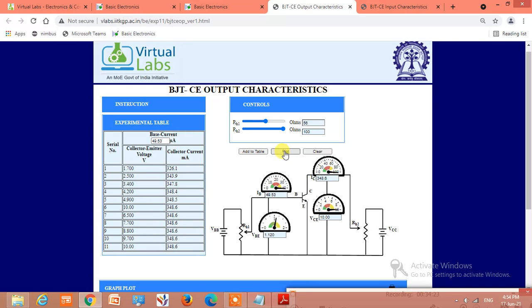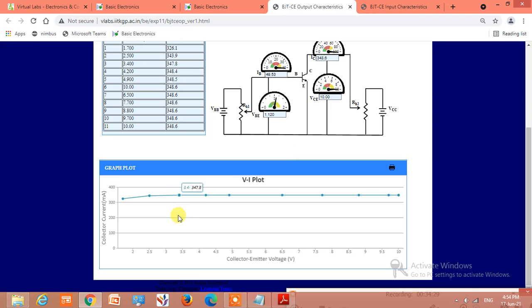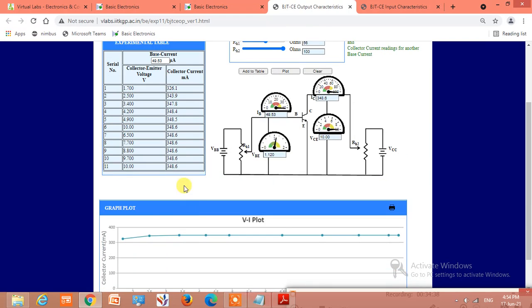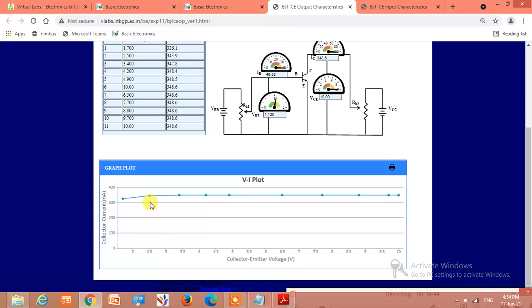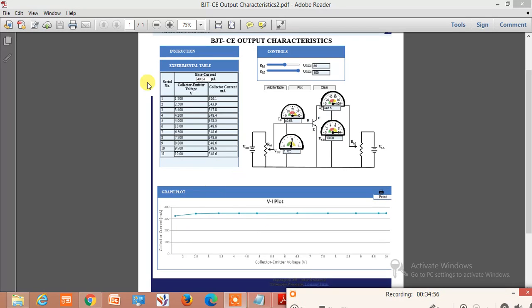अब हमें ये प्लॉट बटन पे क्लिक करना है. प्लॉट बटन पे क्लिक करते ही ये एक ग्राफ, बढ़िया सा ग्राफ तैयार हो गया है. तो इसमें दिख रहा है कि जो आउटपुट करंट है वो कांस्टेंट है आफ्टर से 1.7 वोल्ट्स के बाद. अप्रोक्सीमेटली 2.5 वोल्ट्स के बाद आउटपुट करंट जो है बहुत ही कम इंक्रीज हुआ है. अब हम इसको प्रिंट कर देंगे प्रिंट बटन. तो इस तरह से ये हमारा ऑब्जर्वेशन टेबल, सर्किट डायग्राम और ये ग्राफ प्लॉट हो चुका है. तो इससे हमें यही दिख रहा है कि 2.5 वोल्ट के बाद जो करंट है, कलेक्टर करंट है, वो कांस्टेंट